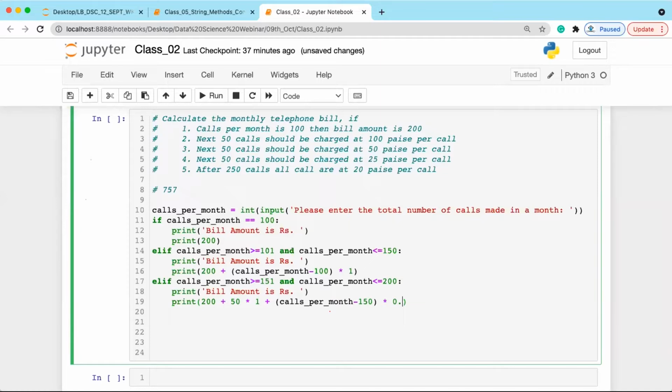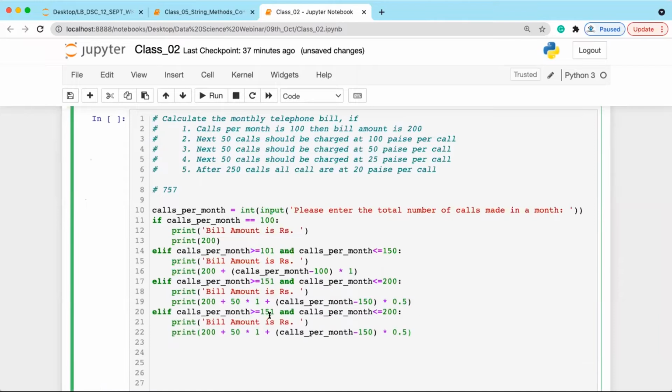So 0.5. Okay. Now let's say your calls made per month is between 200 and 251. Sorry, 250, right? So the bill amount is 50 into 0.5 and plus calls per month minus 200,